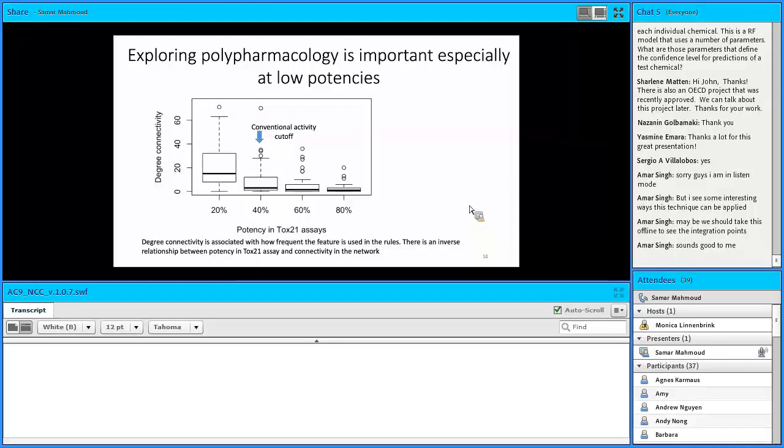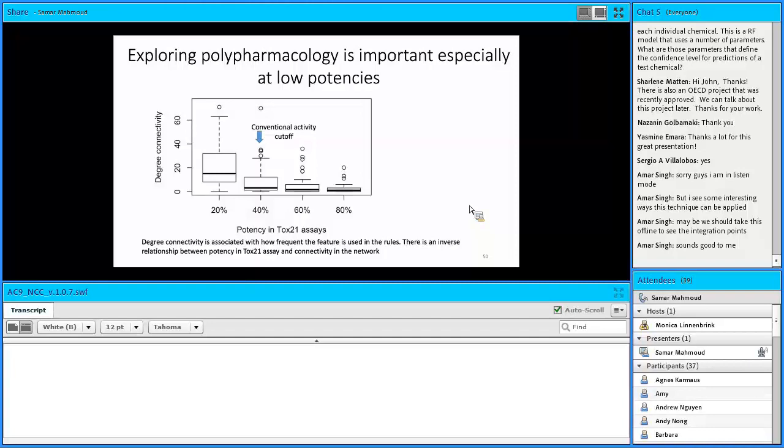Another interesting observation that we've seen is how the connectivity of Tox21 assays at different potency levels perform in the network. What we observe is that assays that are describing low potency have higher connectivity. The degree connectivity just reflects the number of unique edges, and if we recall, the edges represent co-occurrence of the node pair in the rules, which means that